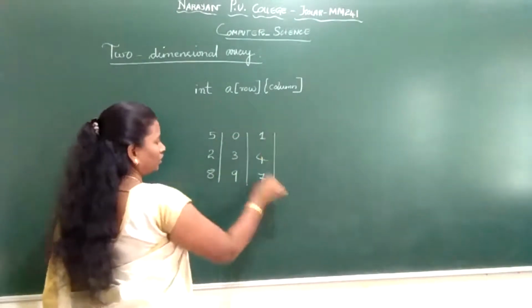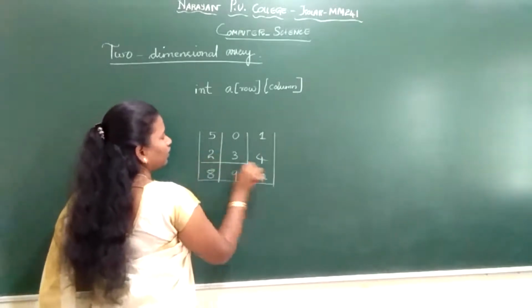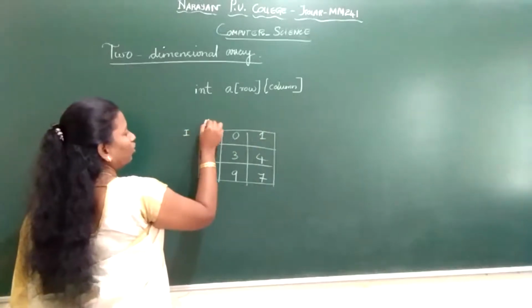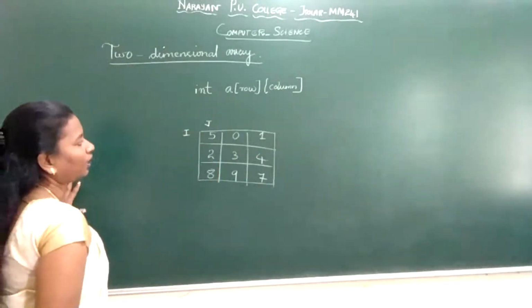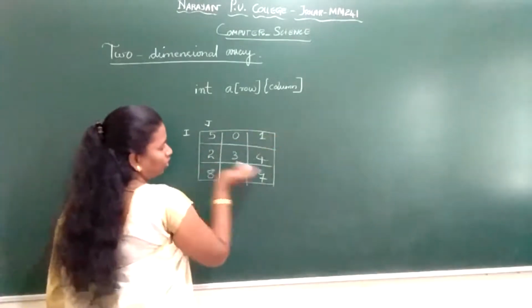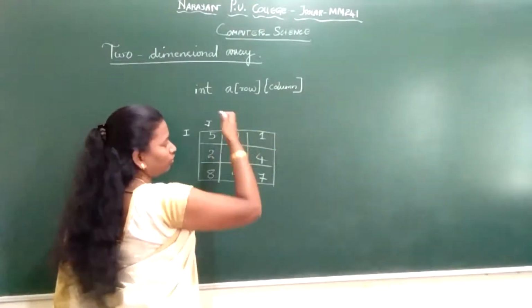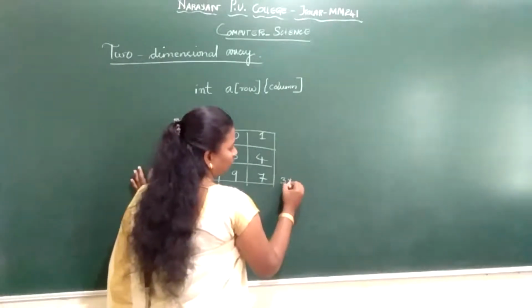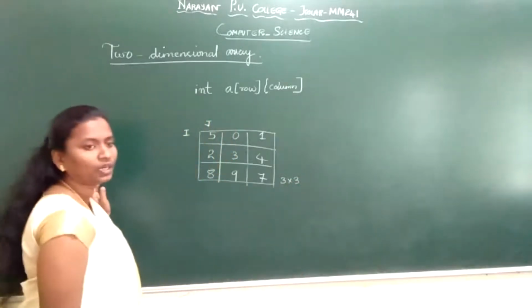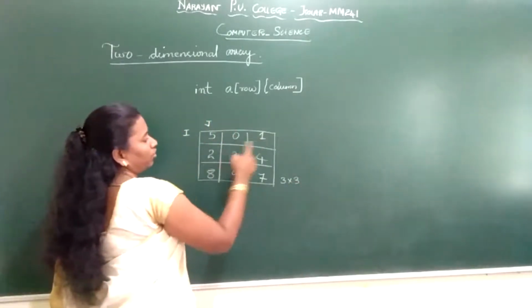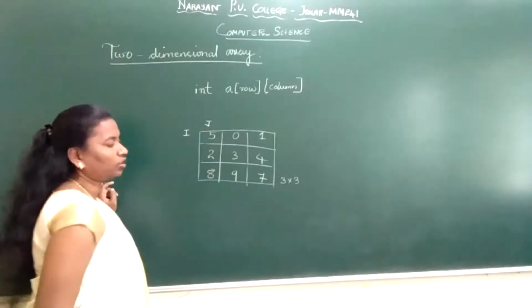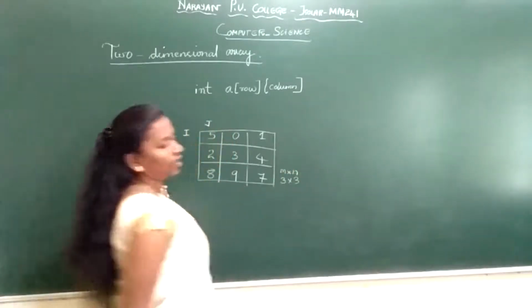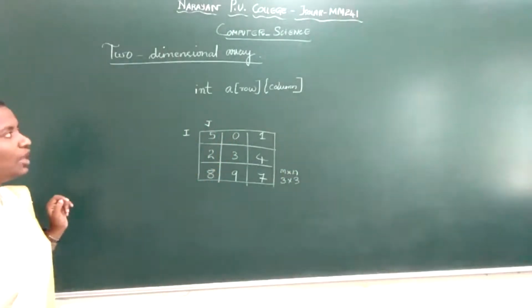Imagine, logically we store the matrices here in the form of rows and columns. So I have the ith row, jth column. I and j I use. Horizontal is your row, and vertical is your column. What kind of matrix is this? A 3 cross 3 matrix. 3 3s are 9, so how many elements are present? 9 elements: 1, 2, 3, 4, 5, 6, 7, 8, 9. So this is 3 cross 3, which in general is m cross n. This is your two-dimensional array.